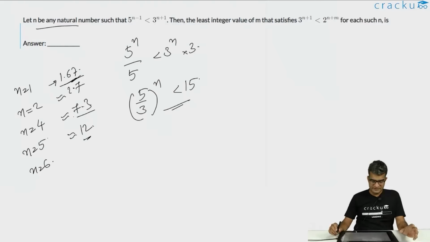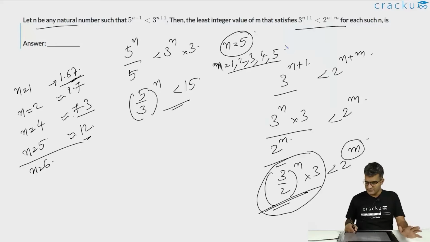That is, 3 by 2 to the power n into 3 should be less than 2 to the power m, when n is either 1 or 2 or 3 or 4 or 5. So, for all values of n, when we select this m, 2 to the power m should be greater than 3 by 2 to the power n into 3. Now, so essentially we have to look for the largest value of 3 by 2 to the power n into 3, and we have to select an m such that 2 to the power m is greater than this largest